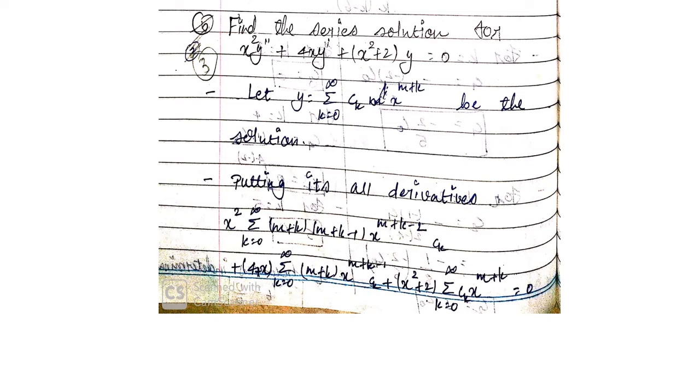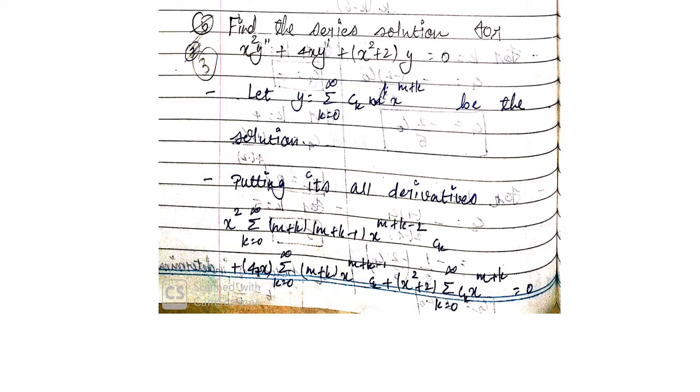Then you have to find whether it is from singular points or ordinary points. For that you have to find p of x, and check the denominator, whether it is coming 0 or non-zero. From all these methods I found here a singular point, and for the singular point again you have to find regular singular or irregular singular. So please do this whole procedure and just note it down here. And next step, now here it is of singular points.